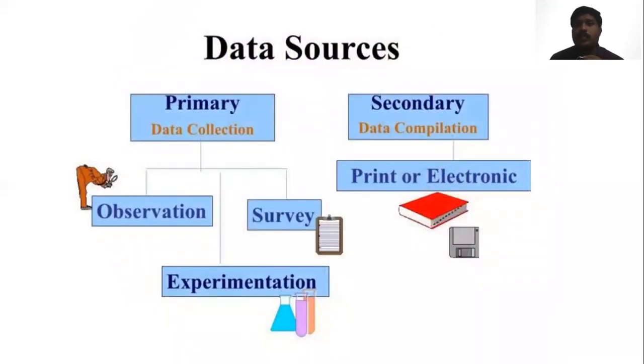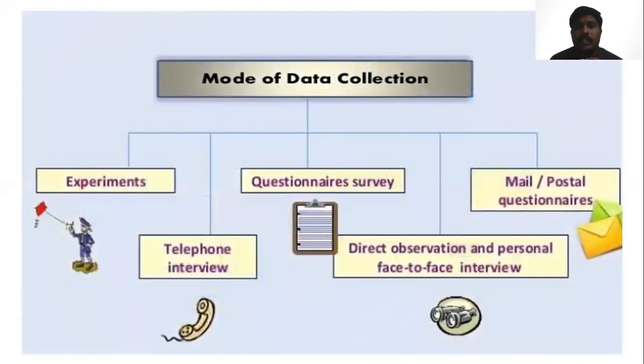So there are two types of data. One is primary data, another one is secondary data. For data collection, we have the observation, survey, and experimentation. For data compilation, we have either print or electronic format. So for data collection, we can use these experiments, telephone interview, questionnaire survey, direct observation, or personal face-to-face interview, or